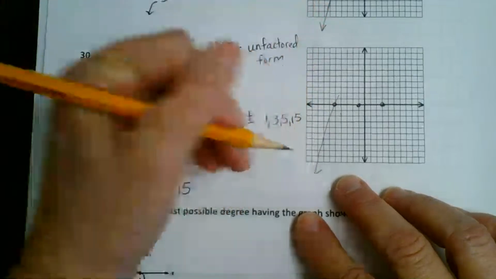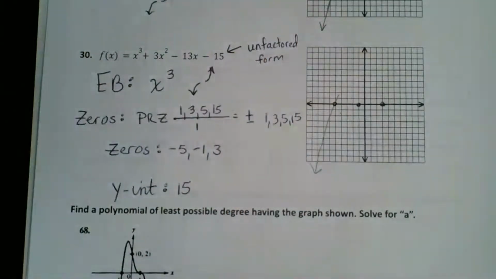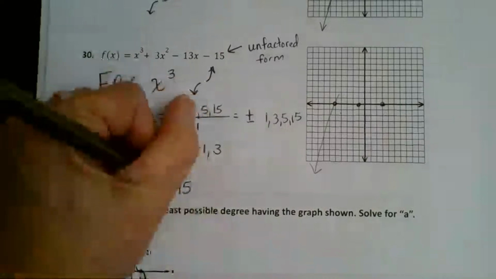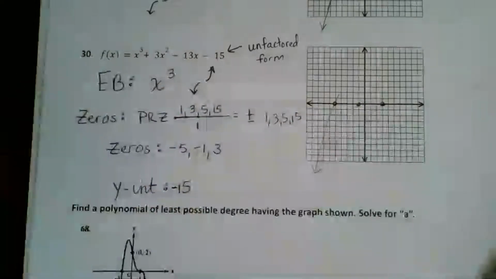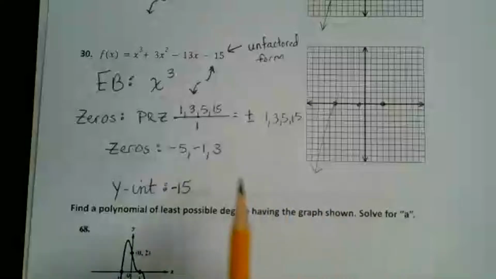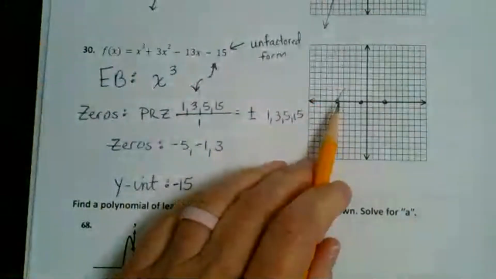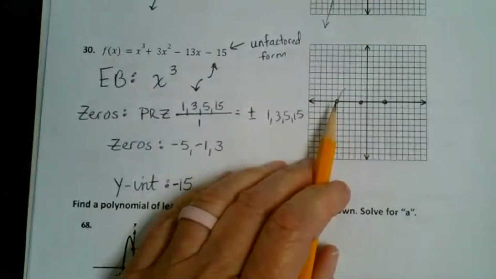Zipped right through it. I'll come down here and put my arrow on the end while I think about what happens next. What does happen next? Oh, and you know what? I lied. My y-intercept is not at 15. It's at -15, because I was starting to think, how am I going to be at -15, positive 15? Okay, so I'm going to go up a little ways, however far I want, but at some point I need to start considering that I'm approaching another zero, so I need to turn around with a smooth curve